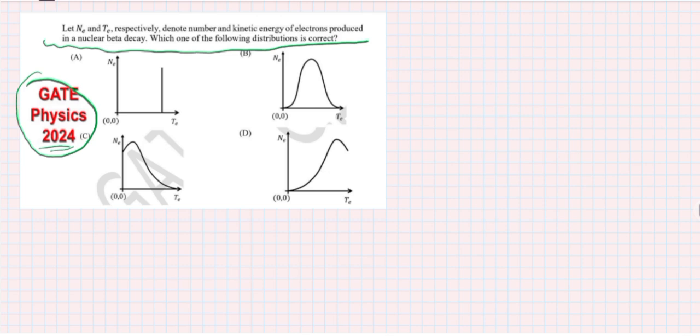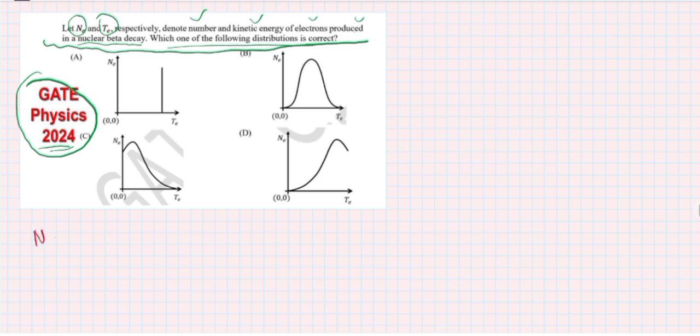So the question is, let Ne and Te denote the number and kinetic energy of electrons produced in the nuclear beta decay process. Which one of the following distributions is correct? So basically, when you want to solve this,